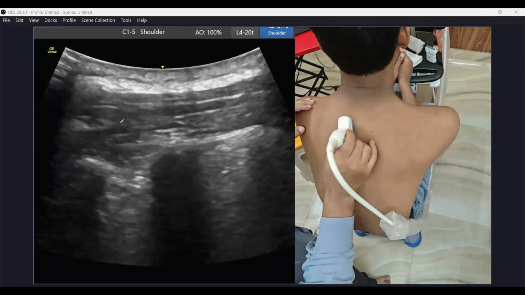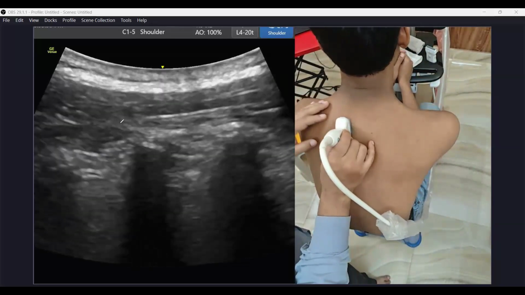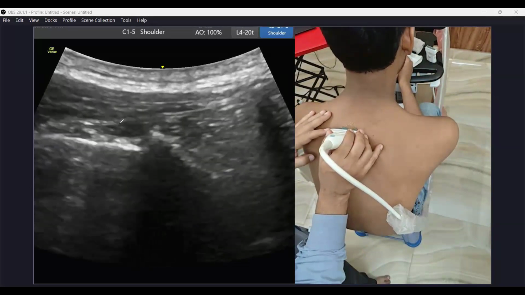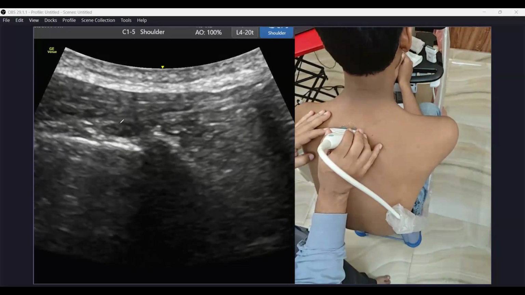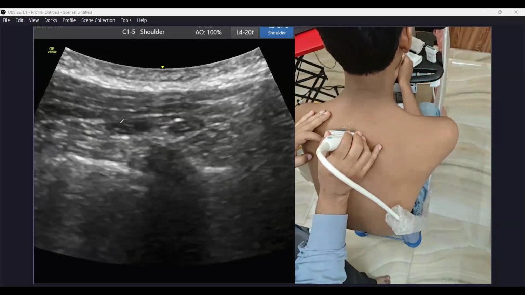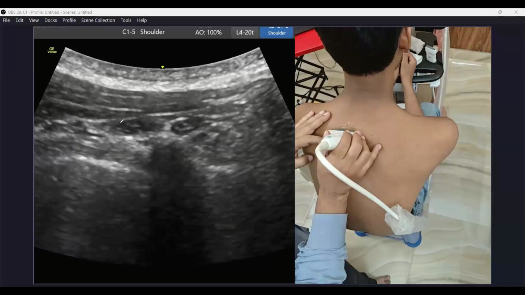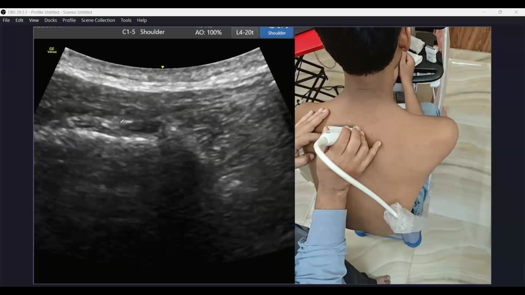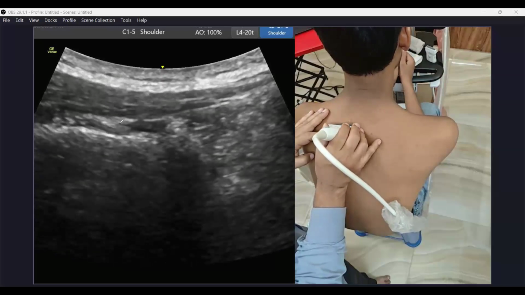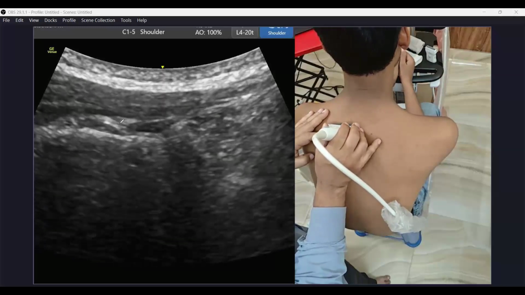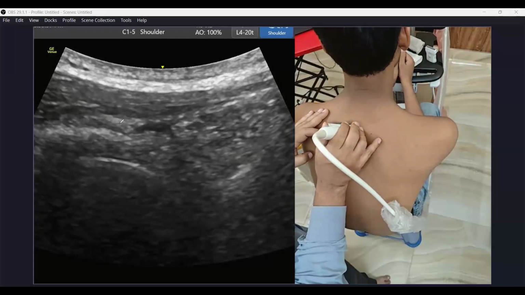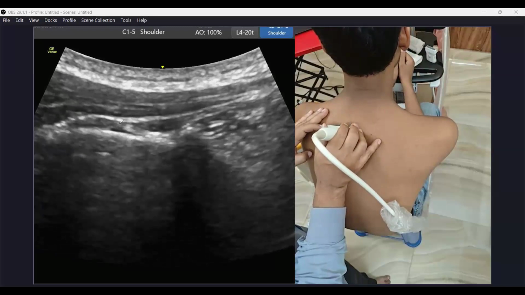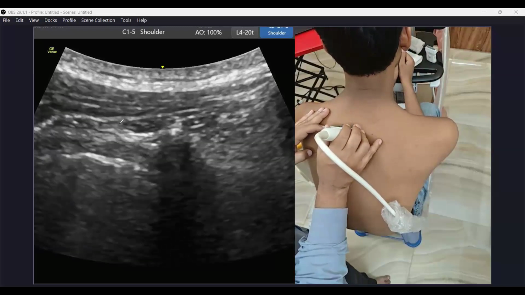Here I can see transverse process and rib both. Here there is no rib, it is the pleura, and here again the rib and transverse process. If I go just above like this, at this point I can see there is no transverse process. So at this point when rib is there, my needle can come from one side and I can actually